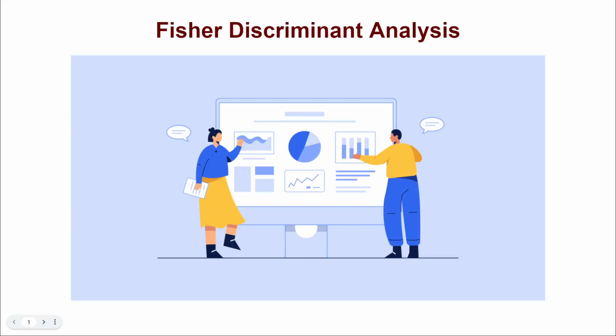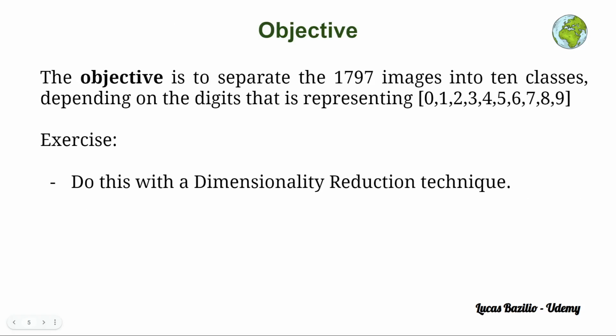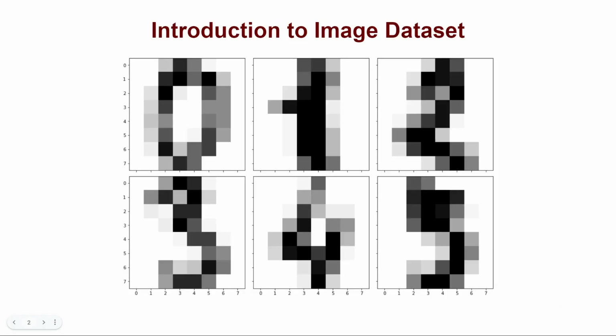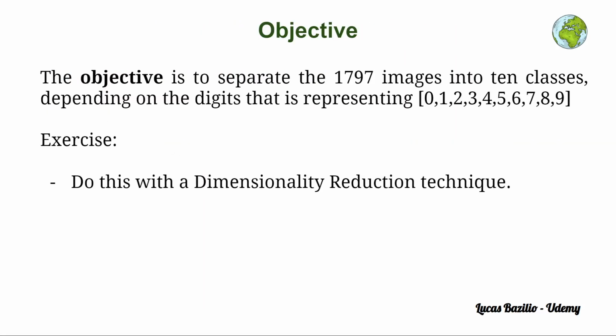Hey everyone, in this lesson we will apply the Fisher discriminant analysis dimensionality reduction technique to visualize the separation between the digits depending on their class, which is the number that this digit represents. So in the previous lesson we introduced this dataset, right? It is a dataset with